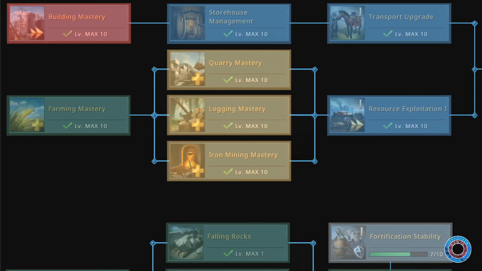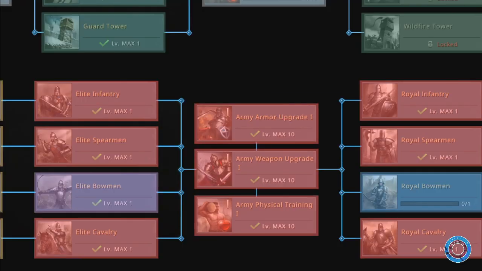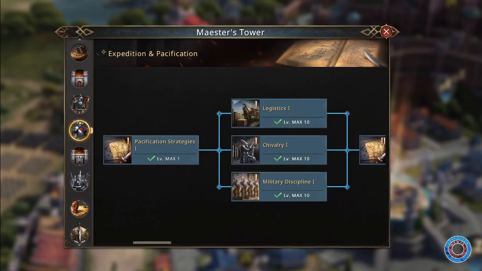That means building mastery, farming mastery, storehouse management, quarry, lodging, iron mining mastery, transport upgrade and then resource exploitation 1. They all need to be level 10 to unlock army armor upgrade 1, which unlocks royal infantry, royal spearmen, royal bowmen and royal cavalry. The next category is pacification and expedition and is massively important to mid and high tier